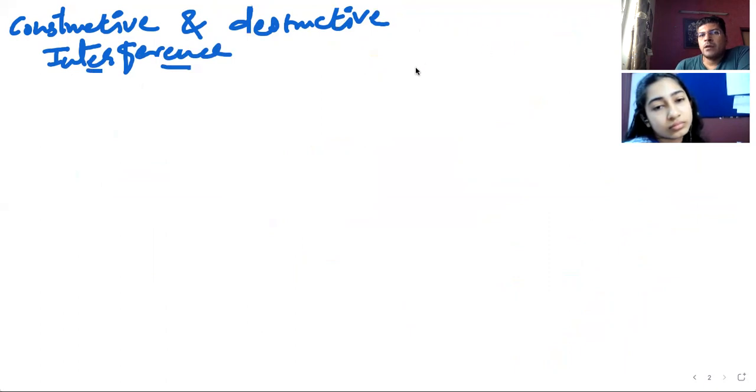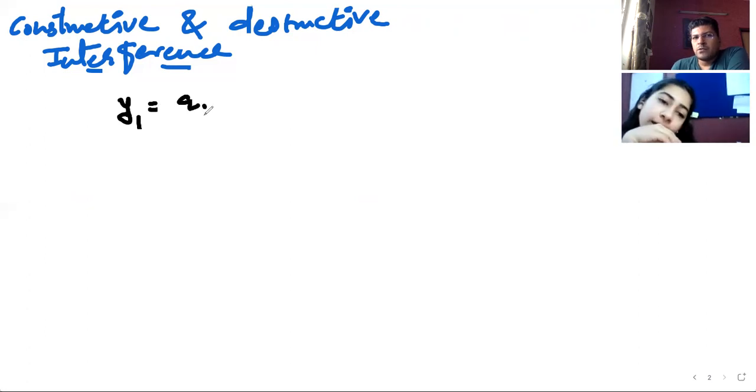Constructive and destructive interference. First of all, we are aware about interference. Whenever our intensity will be maximum, both are in the same direction, and this is constructive. When both are opposite, it is called a minimum. So I am representing one wave with an expression, y1 equals a1